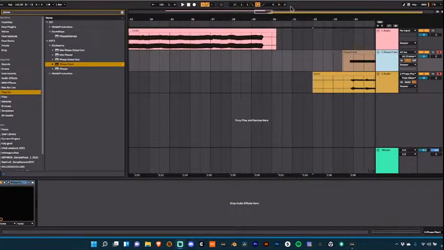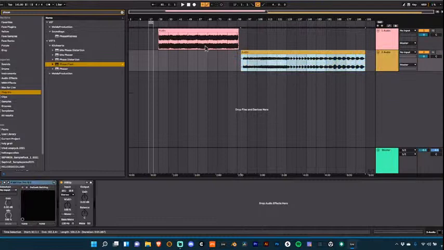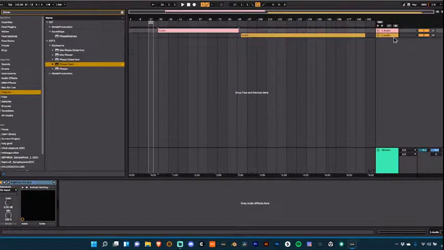Alright, so that's a bit of maybe pads and effects type sounds. A couple different types of sounds there, and that's some cool things you can do with audio rate and faceplant. And then